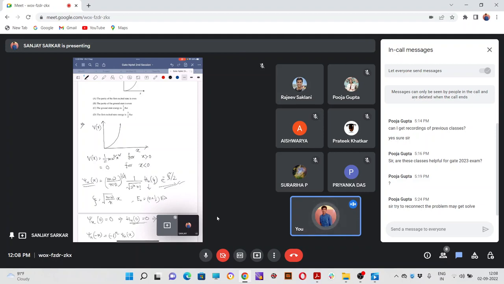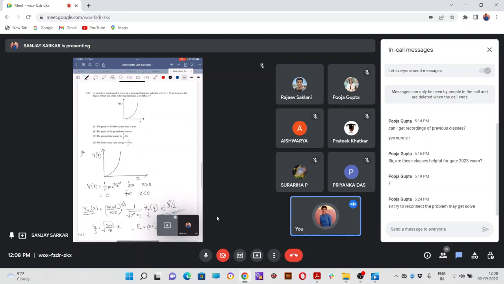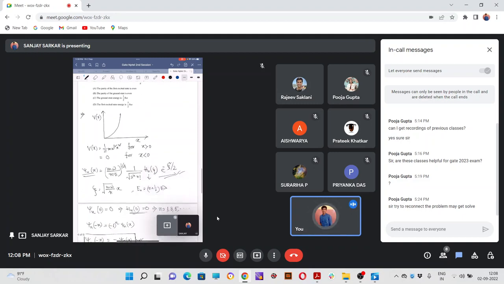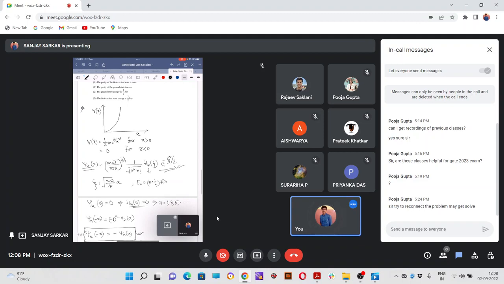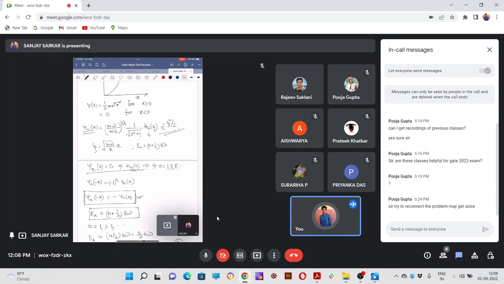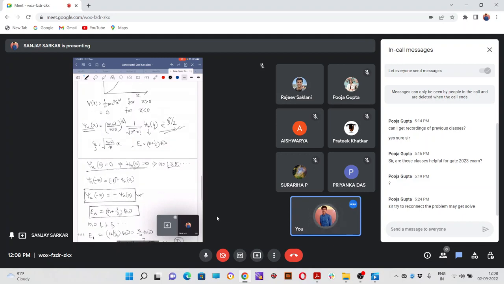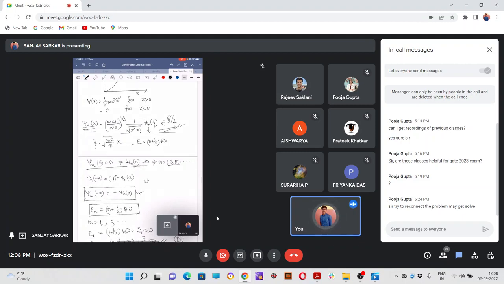But since it is a truncated harmonic potential well, the allowed values of n are not 0 1 2 3 4 5, only the odd values are allowed, that is 1 3 and 5. Because of this condition, as we have earlier discussed, only these values are allowed. And from this function we can see the parity, that is psi of n minus x equal to minus psi n x,